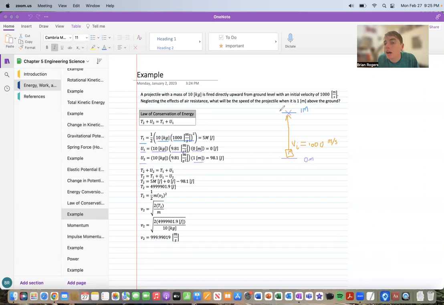It's going to have energy because then it can fall back down. And so that's why here the final potential energy we are able to calculate as 98.1 joules. So using our law of conservation of energy here, if you write it out and solve it in terms of our final kinetic energy, substituting what we know, we're going to find that the final kinetic energy is approximately given by